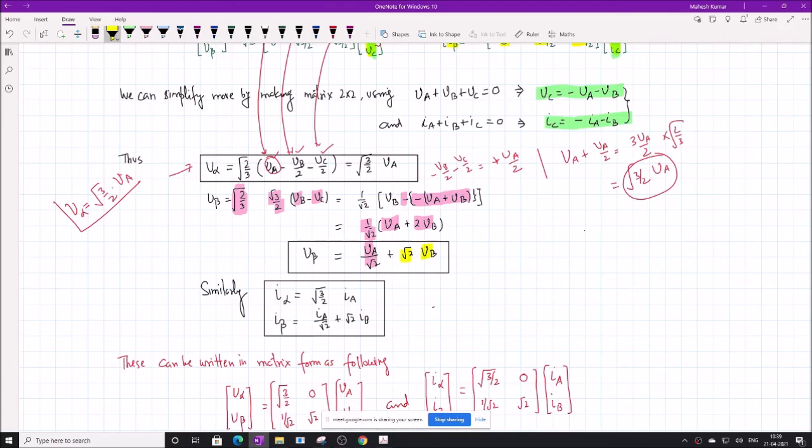And therefore I alpha, similarly we can find out I alpha equal to root 3 by 2 into IA, and I beta in terms of the IA and IB is IA by root 2 plus root 2 into IB. Okay. So this is similar to what we have found for voltage, like B alpha is equal to root 3 by 2 BA, and B beta equal to BA by root 2 plus root 2 into BB. So these expressions are similar. This is for currents on the primary side, and this is for voltages.